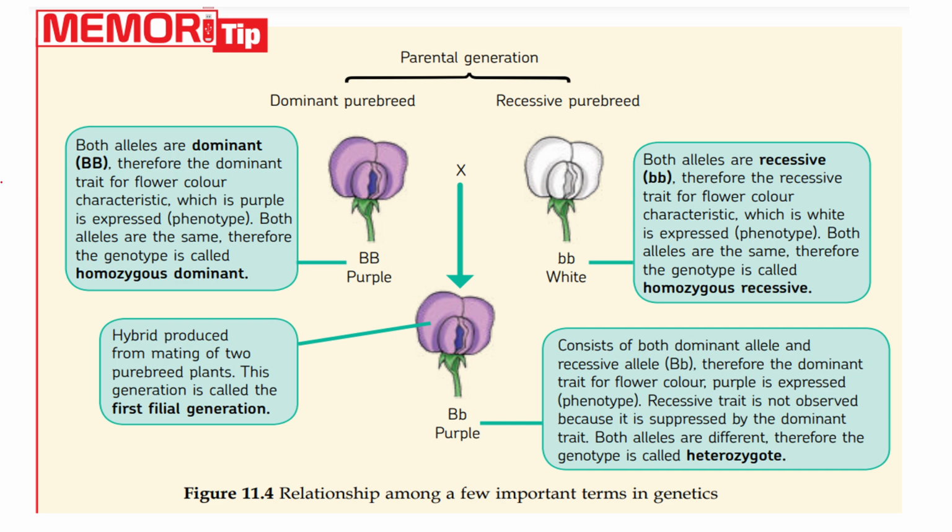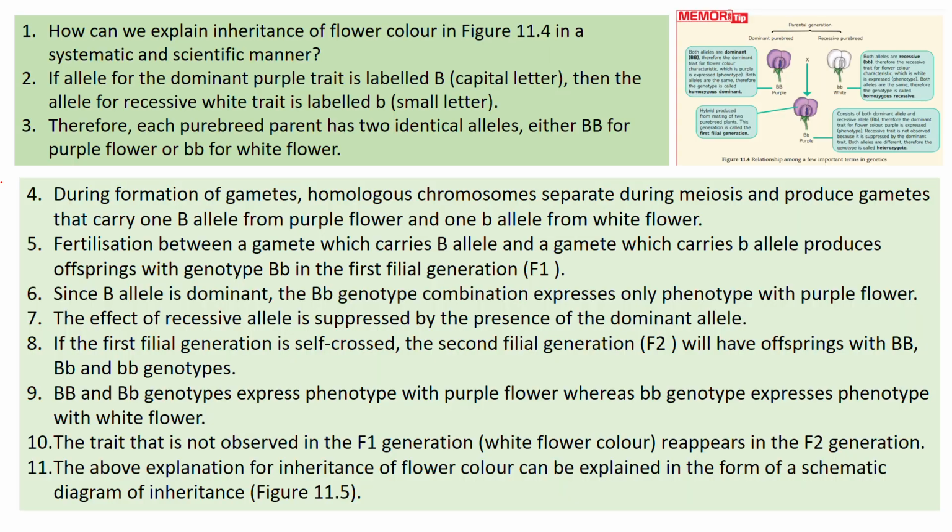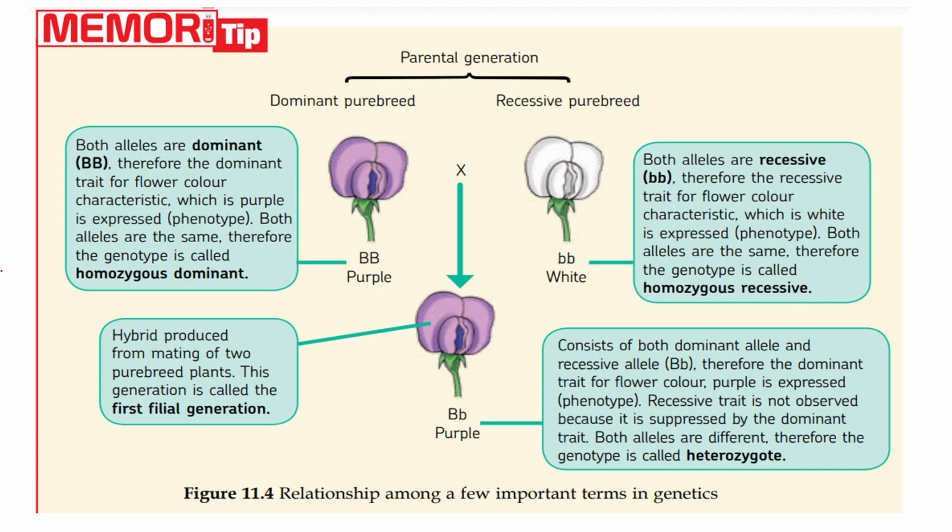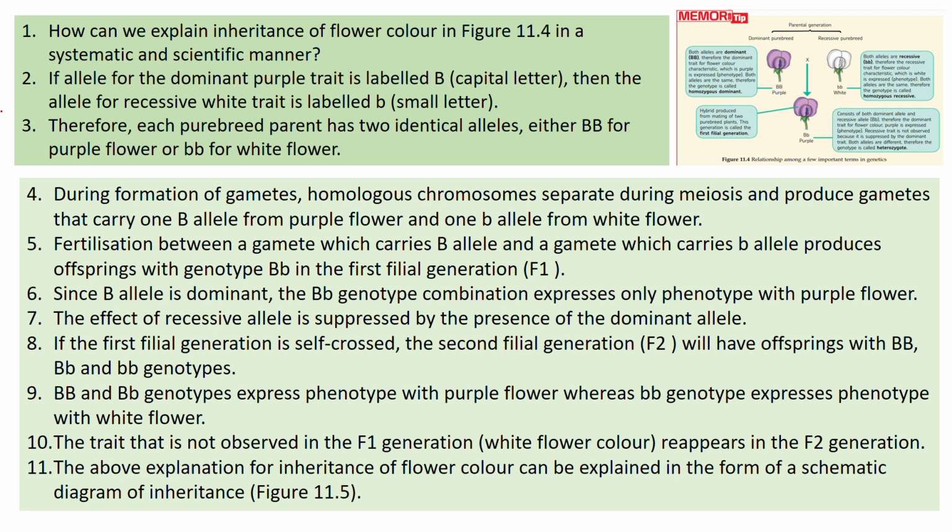Okay, from here, let's move on for further explanation. So how can we explain inheritance of flower color in figure 11.4, this figure, in a systematic and scientific manner? Okay, so if the allele for the dominant purple trait is labeled capital B, then the allele for the recessive trait is labeled